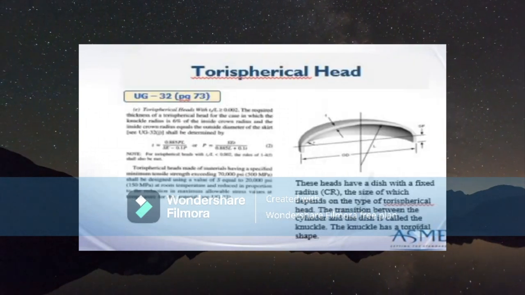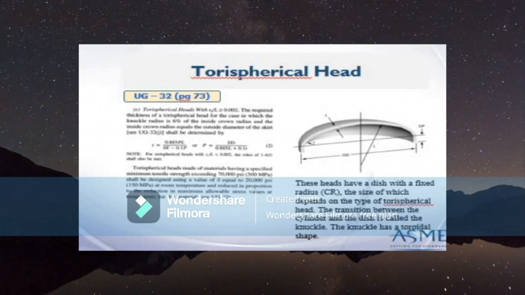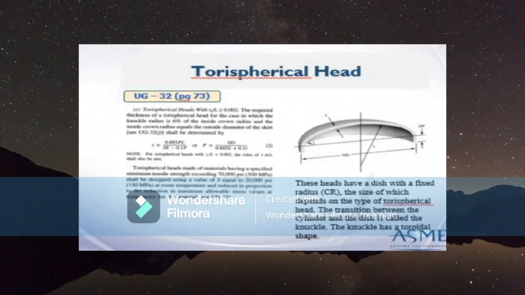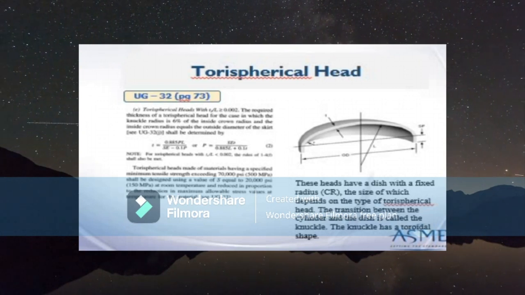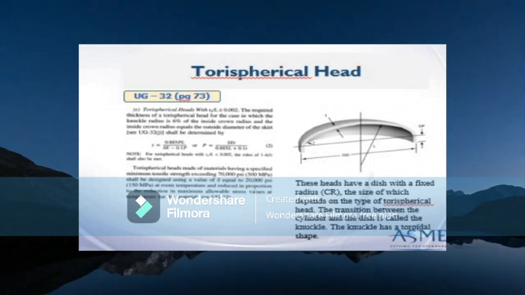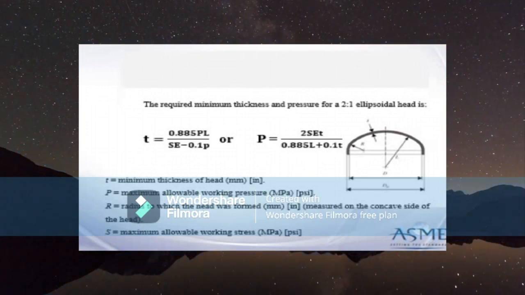Tori-spherical head. Tori-spherical, or flanged and dished, head is typically somewhat flatter than an elliptical head and can be the same thickness as an elliptical head for identical design conditions and diameter. The formula for minimum thickness and pressure for a 2:1 ellipsoidal head is